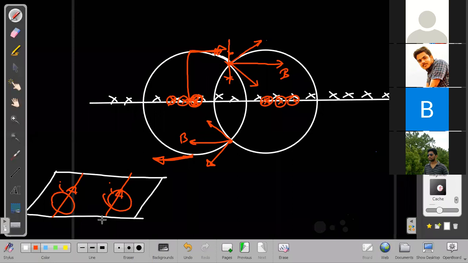Yes, sir. What is the problem then? What are these circles really? What would these circles be? You tell me. What else would these be? What else is coming to your mind?